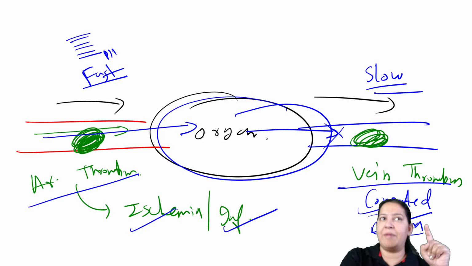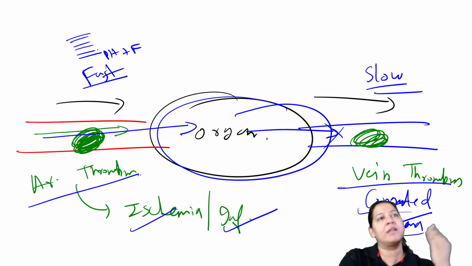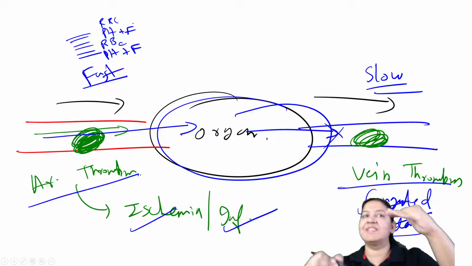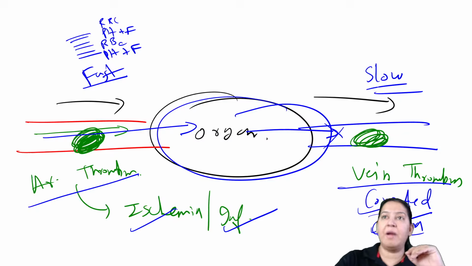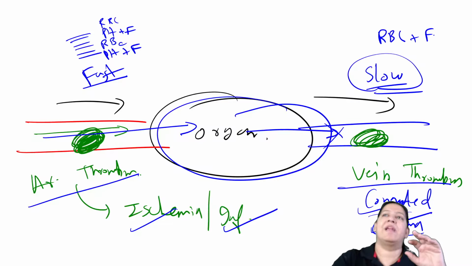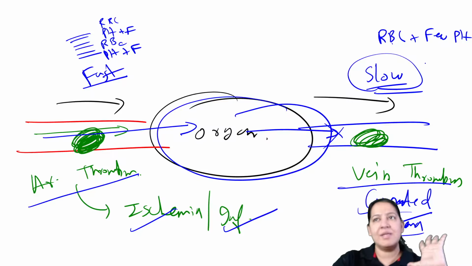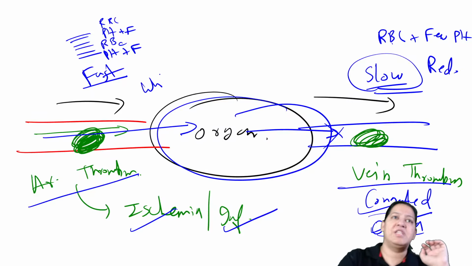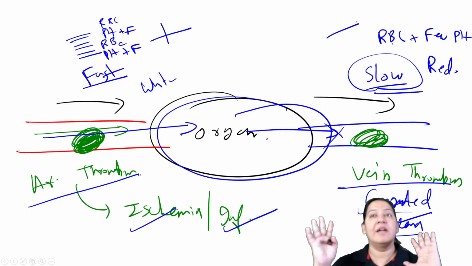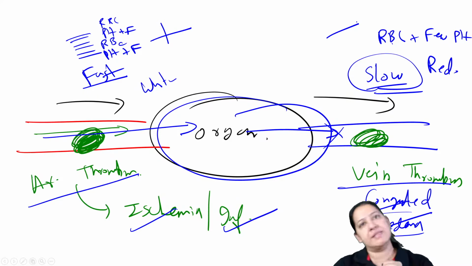One row is platelet plus fibrin, which is light, and the other row is RBC, which is dark. Again one row of platelet plus fibrin, light, and again another row of RBC, dark. So alternate light and dark bands are there. But in the vein, the blood flow is very slow, and here the thrombus is mostly made up of RBC with few platelets and very little fibrin. So it is a dark, red thrombus, while the arterial one is white. So lines of Zahn are present in artery and absent in vein because of the difference in blood flow. That is the answer given in the books.